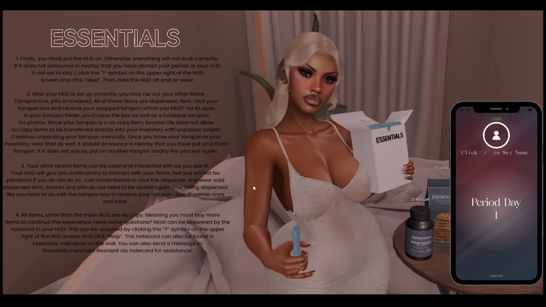If you want to hold it just like how my avatar is holding hers right now, there's going to be a single holdable tampon for you to wear with your pack of tampons. It's going to come with every pack, every color. Or, if you're just having issues understanding how to unpack it, what you're going to do is just